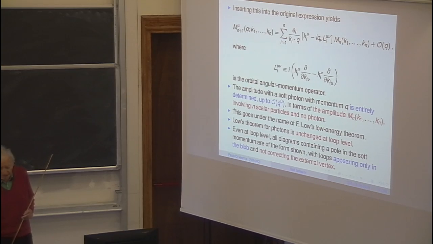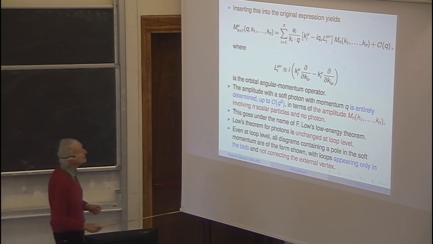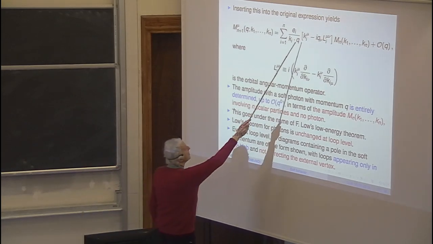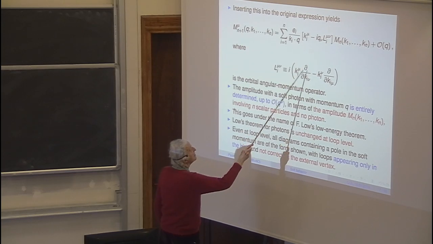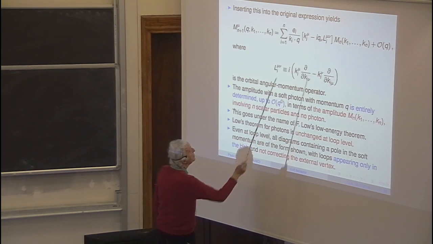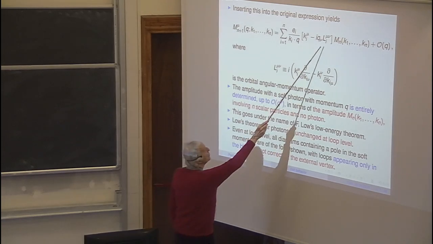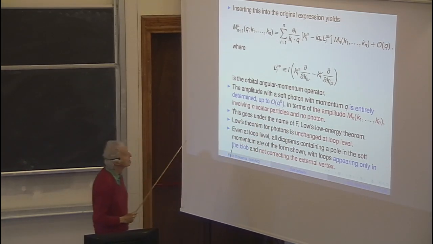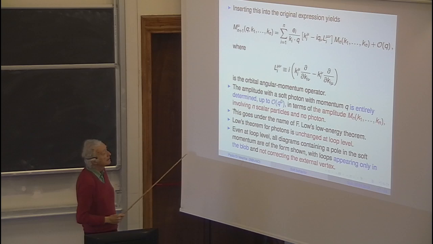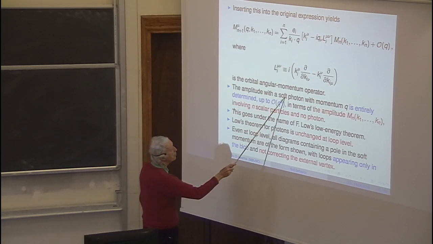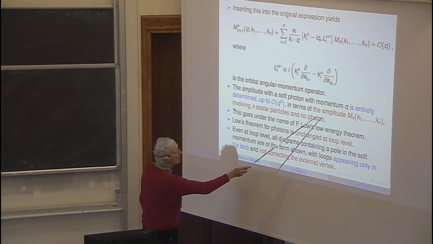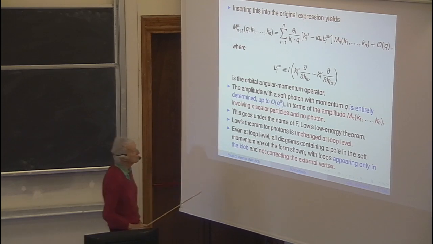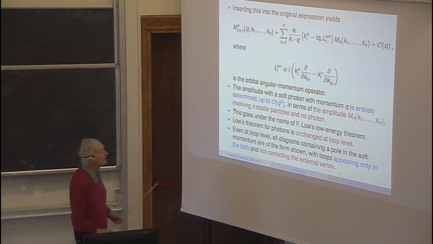Now, if you insert this in the original expression, you get this: this is the pole term, and the pole term generates a term like this, and the other one gives this. So in the end, you have a contribution of the orbital angular momentum. And essentially, gauge invariance tells you that the amplitude with a soft photon is entirely determined in terms of the amplitude without the soft photon up to the order q to the 0. And that is the